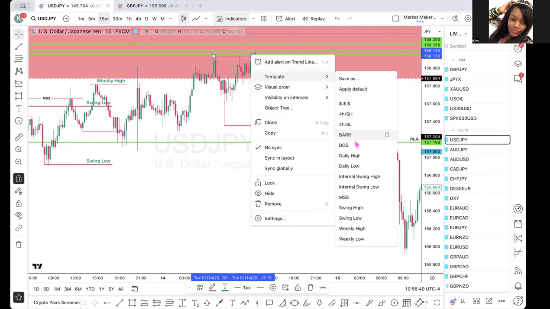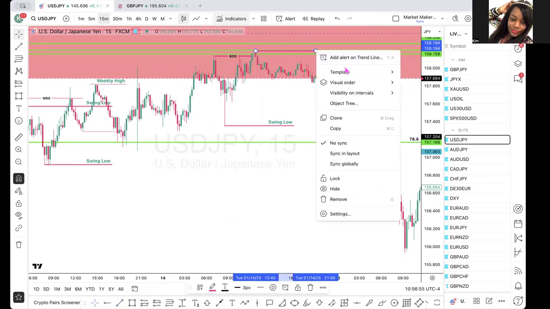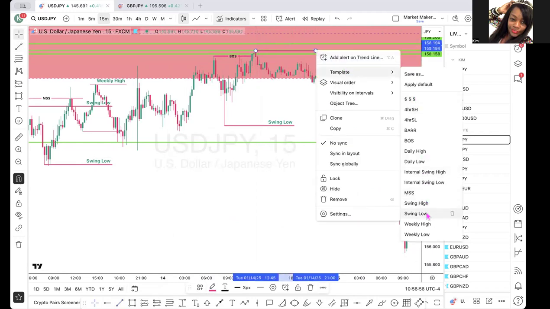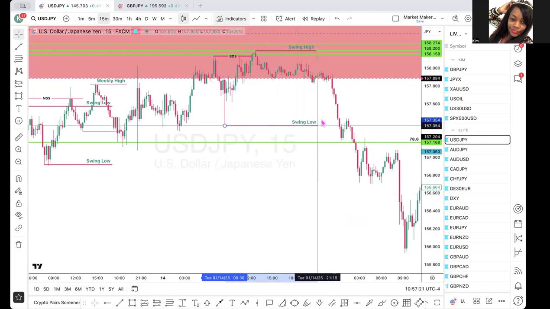and this is on the 15-minute break of structure, and then your swing high. And I'm going to say this probably 1,000 times, swing high. Just because you got this change of character here on this internal of the swing, this is the swing right here. Just because you got this internal does not mean it is going to reverse the move. You have to wait for the swing low